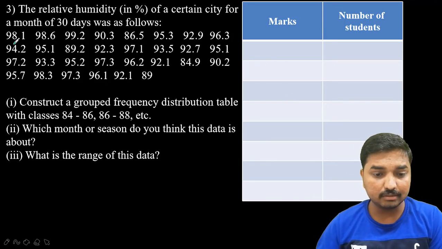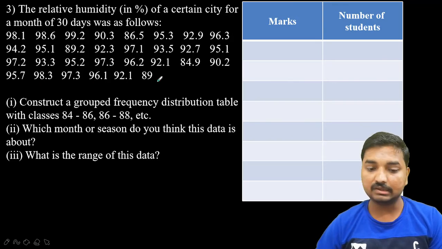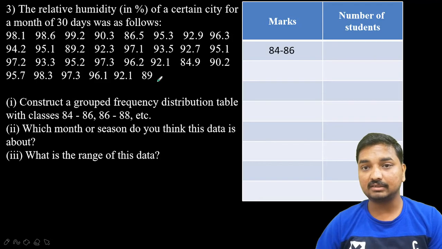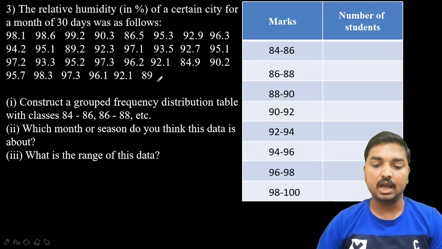Let us identify the least number here. So here 86, no problem. Is there any number which is less than 84? Now I am going to identify. Here there is no number. 84.9, so it should be less than 84 actually, like 83, 82, 81. So no number is less than 84, which means I'm going to treat 84 to 86 as the first class interval. The next one, 86 to 88, width 2, means 88 to 90, 90 to 92, width should be equal to 2. So 92 to 94, 94 to 96, 96 to 98, 98 to 100, and I'm going to stop here because I told you 100 will be the maximum.